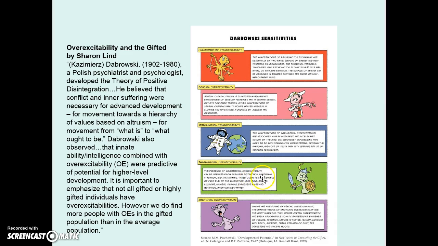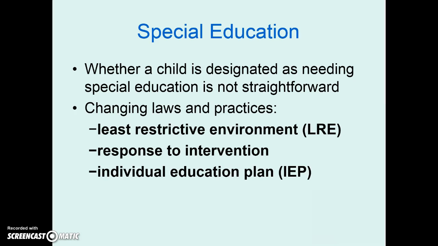Imaginational can be from frequent distraction, wandering attention, daydreaming. They can get scared easily because of this imagination. So there's a lot of things here that we don't always talk about with gifted children. I just thought it was interesting. I'm about to run out of time in this. So the last one just talks about how we educate in special education. We can talk a little bit about that.